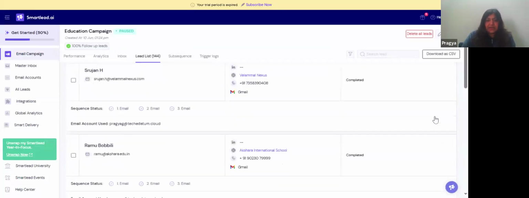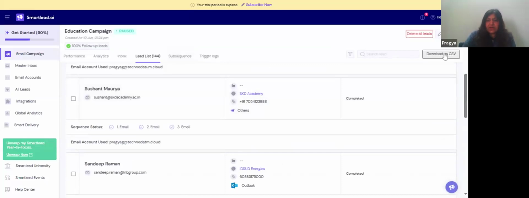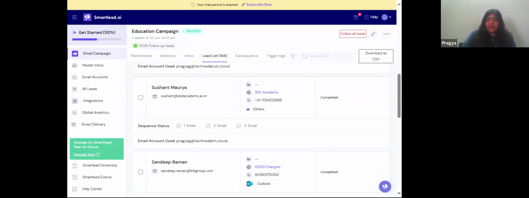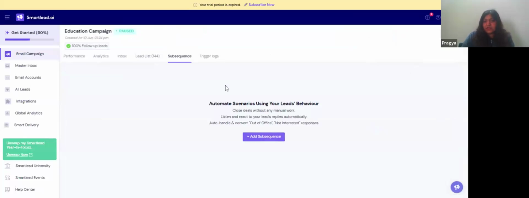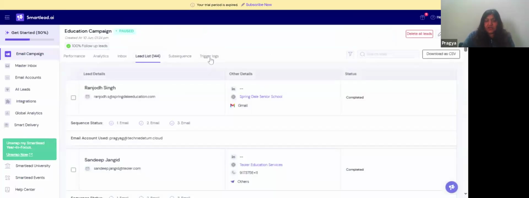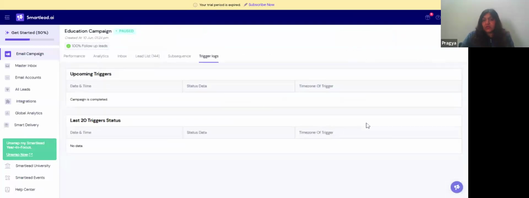These were the lead list, which I can absolutely download as well. If I download this, I will be able to see the details of the people whose leads were converted. This is pretty much the same data we provide them, and later on they just show us in Excel what is coming out. I think my subsequence is not visible, but you have already seen the kind of mails I had put. I had put three sequences to it, so that was that.